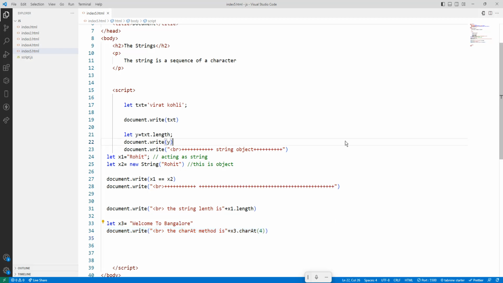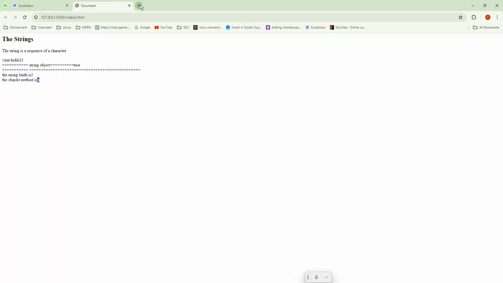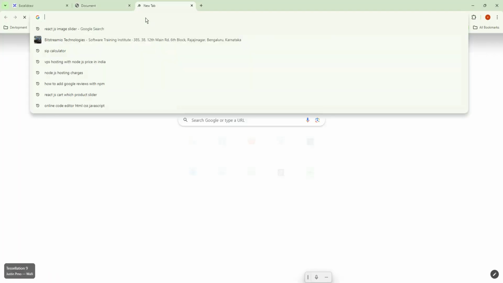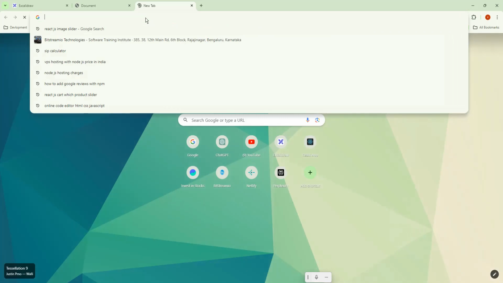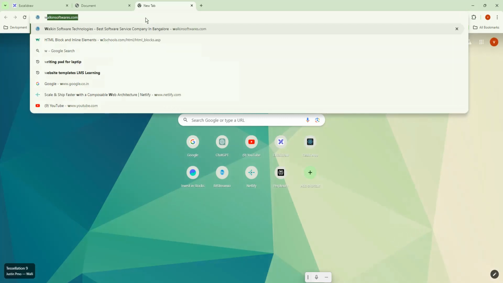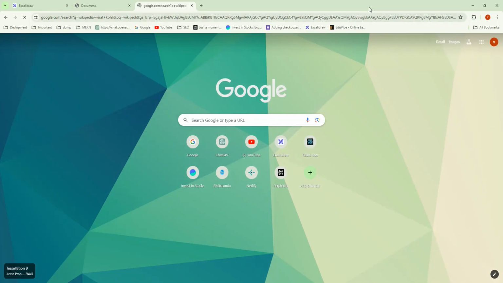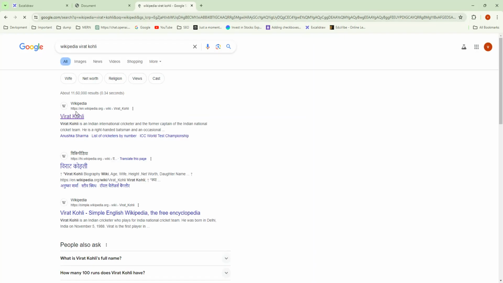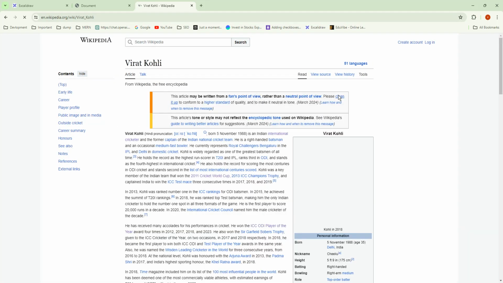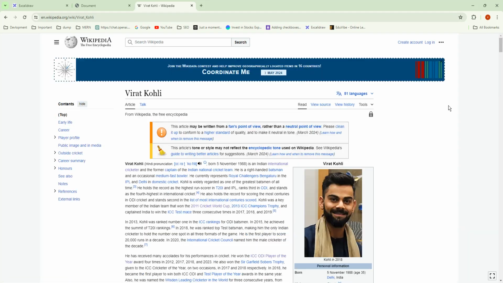You might have seen in Three Idiots, he is going to find and select all, and he is going to replace some words. Let's say Wikipedia, Virat Kohli. Search here. Okay, so just select a